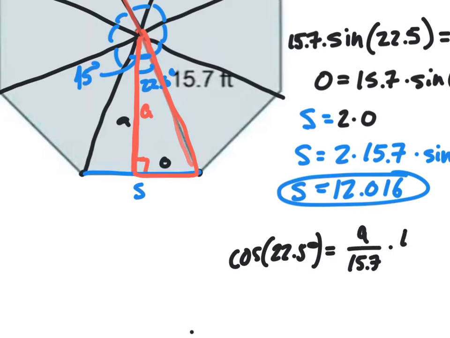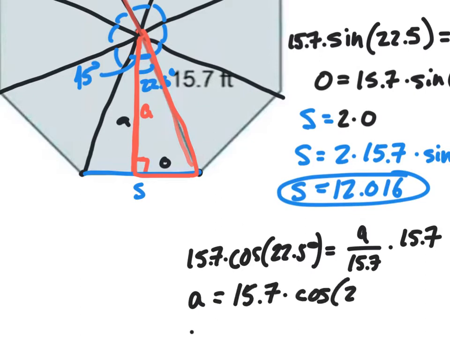I can multiply both sides by 15.7 to move that out. So my apothem length is equal to 15.7 times cosine of 22.5 degrees. So let's do 22.5 degrees, cosine of that, and then multiply that by 15.7, and we get a value of